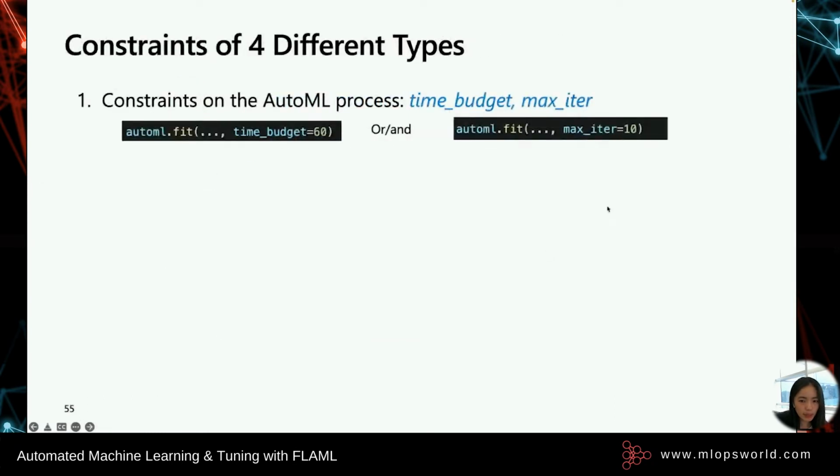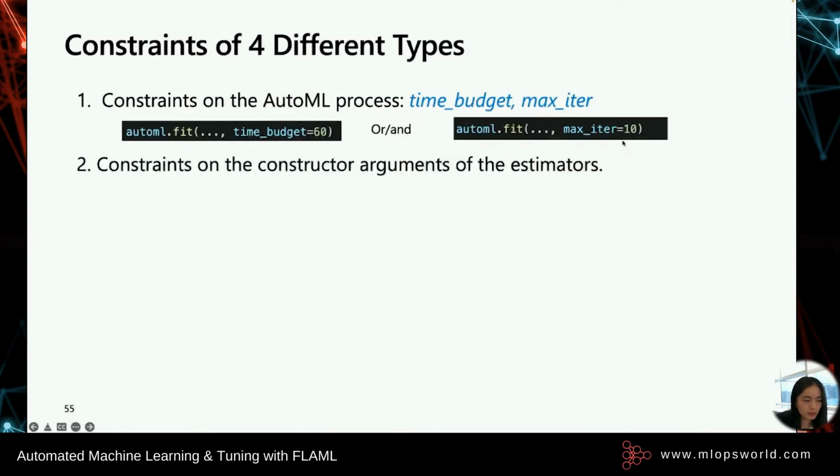So in summary, you can impose 4 different types of constraints in FLAML's AutoML. The first type is a constraint on the whole AutoML process as introduced earlier. Basically, this is a resource budget we mentioned. You can impose this type of constraint via time budget or max iter. So the max iter means the maximum number of iterations allowed. And the second type of constraint is